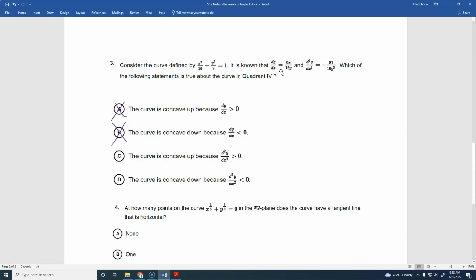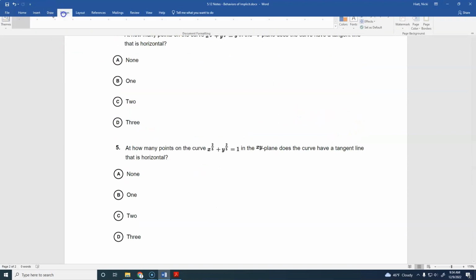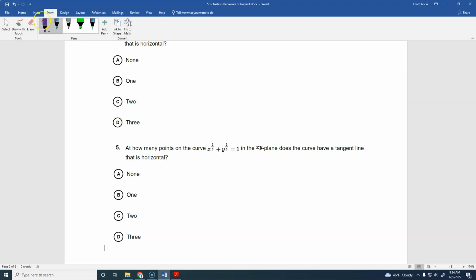So if we're in the fourth quadrant, what do we know about the signs in the fourth quadrant? Positive and then negative, right? X coordinate positive, Y coordinate negative. So I could plug in a specific number. I don't necessarily have to. My second derivative in that fourth quadrant, when I'm plugging in positive, negative, oops, let's make that a negative, not a negative 1. If I'm just going to consider what's going to happen there,